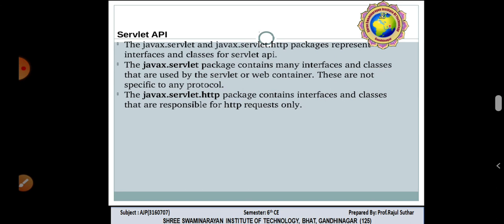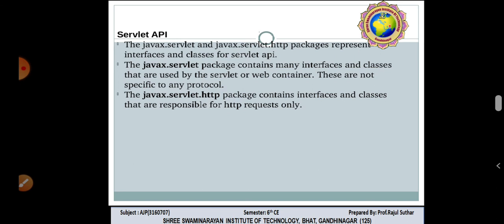Servlet API is the most important part of this chapter. Servlet API is the javax.servlet and javax.servlet.http packages, which represent the interfaces and classes for Servlet API. In Servlet API, this type of classes and APIs are covered. API means application program interface.